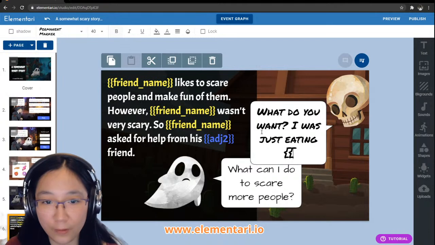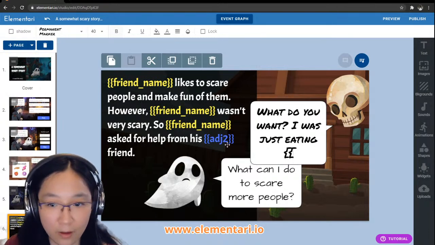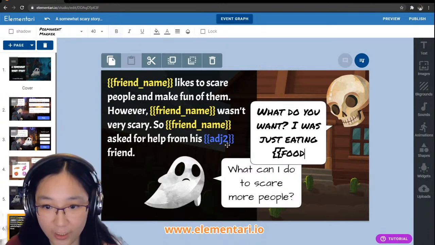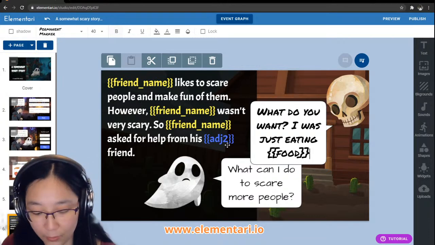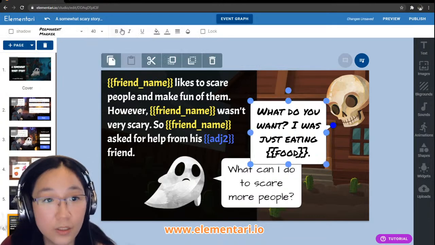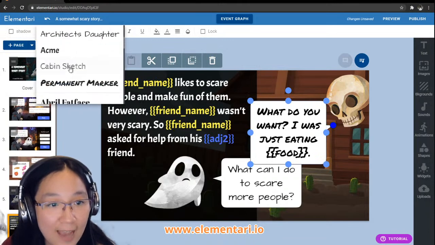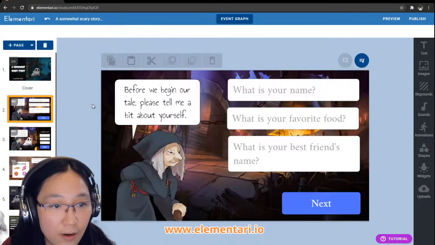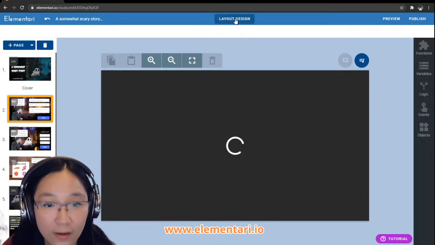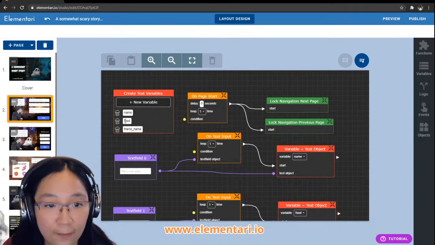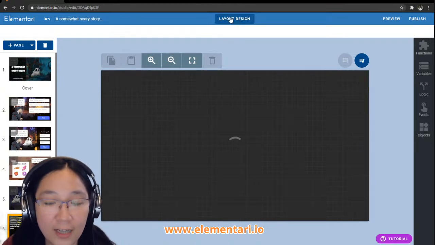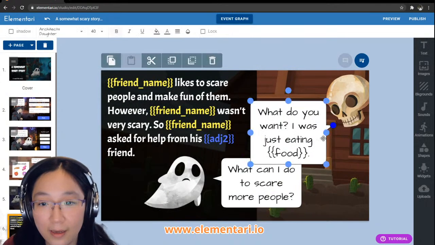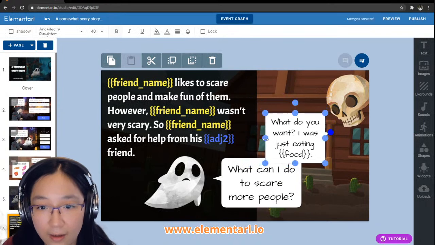Okay, so it wasn't called favorite food. The variable was called food. It has to match exactly, and we need to put the two curly brackets at the end. Great. So remember, it needs to match exactly. If you put food here, you have to make sure on the back side, where you declared and created the variable, it says food also. So make sure it matches, and if it matches, then it's good.